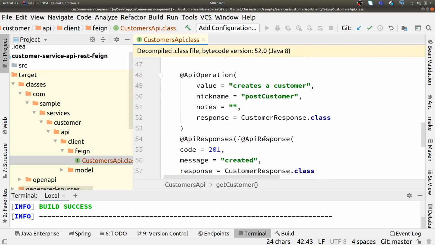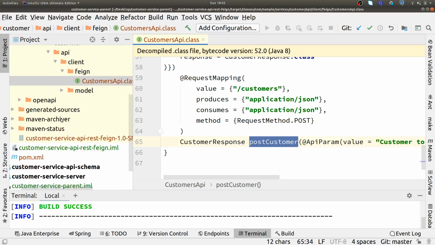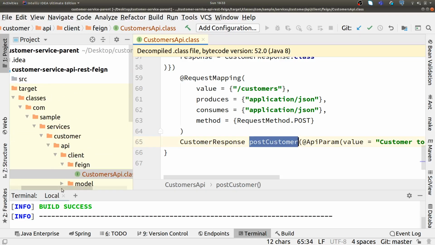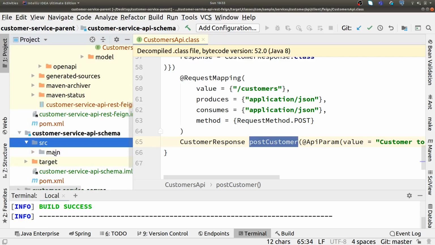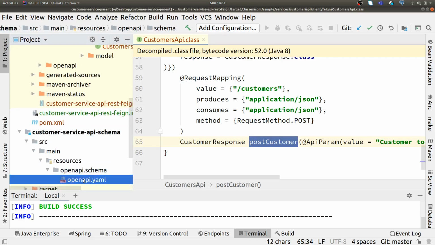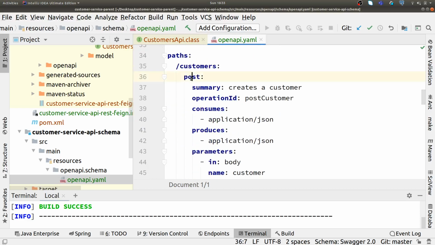Also if you see here, the post customer, this was the name we gave in our API definition. I can just open it here so that we can see how exactly this works. Here, for post, we have given the operation ID as post customer.